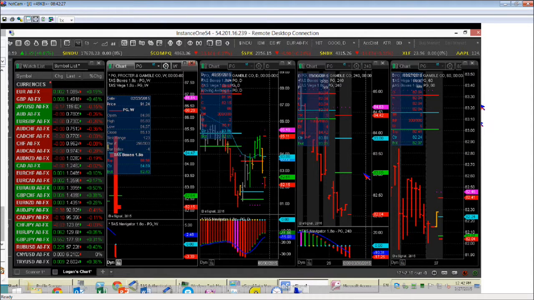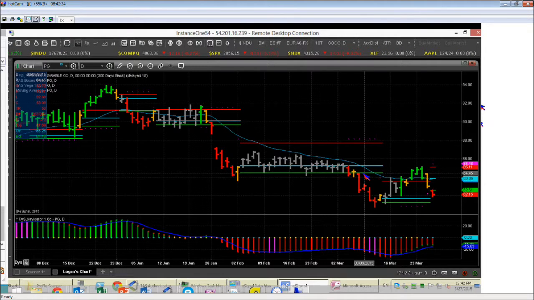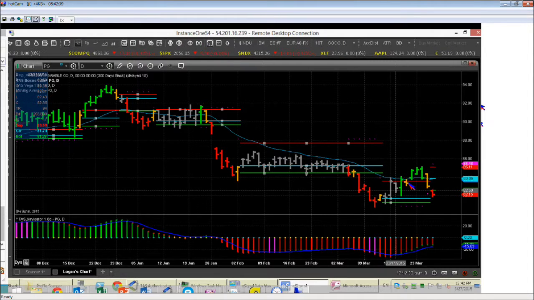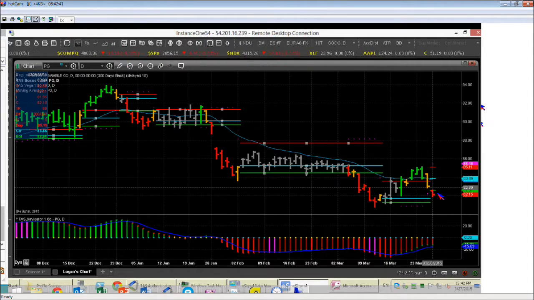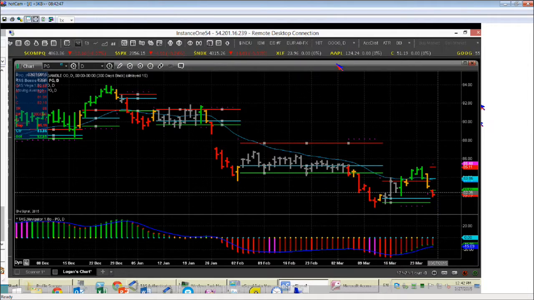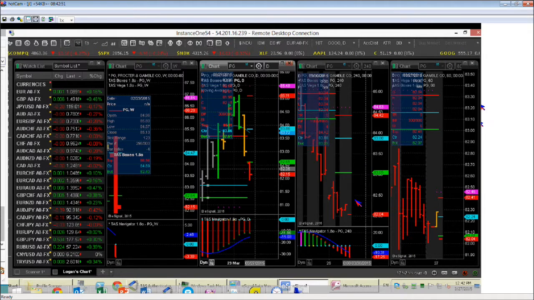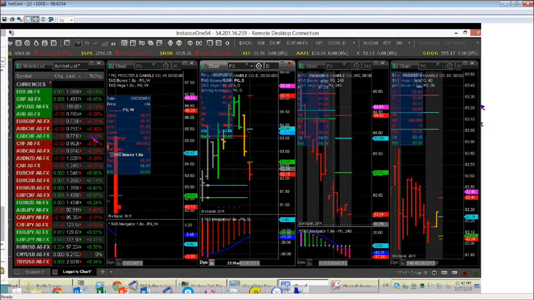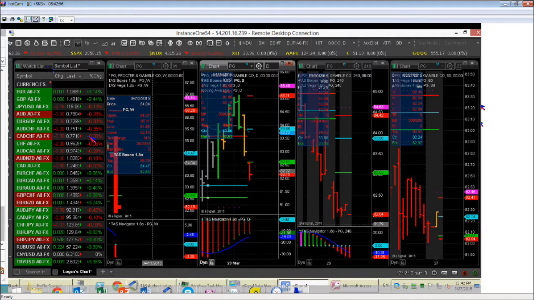We talked about the 84.48, 84.50 area, and made some good points on that. Got a little scared up there. Now we're back down below profiles. A weak stock and somewhat of a weak market. I don't think this is time to think this is on sale either. This is somewhat of a situation where if you're going to try to buy this, you've got to just sit tight. I don't think you've got a lot of leverage on this one. Okay.